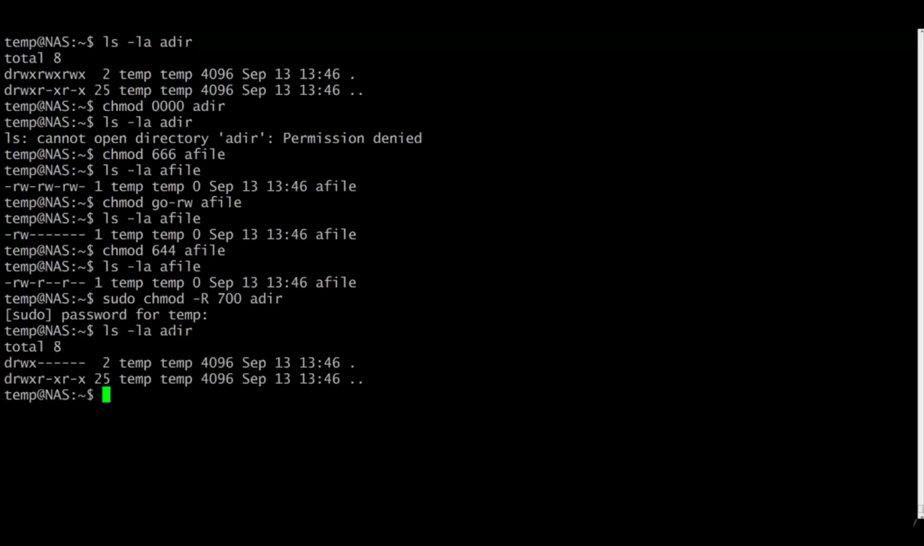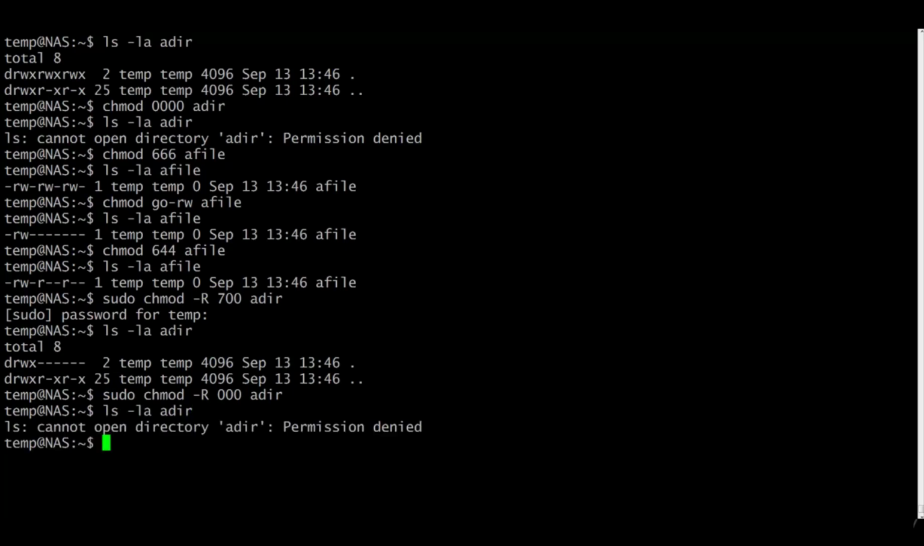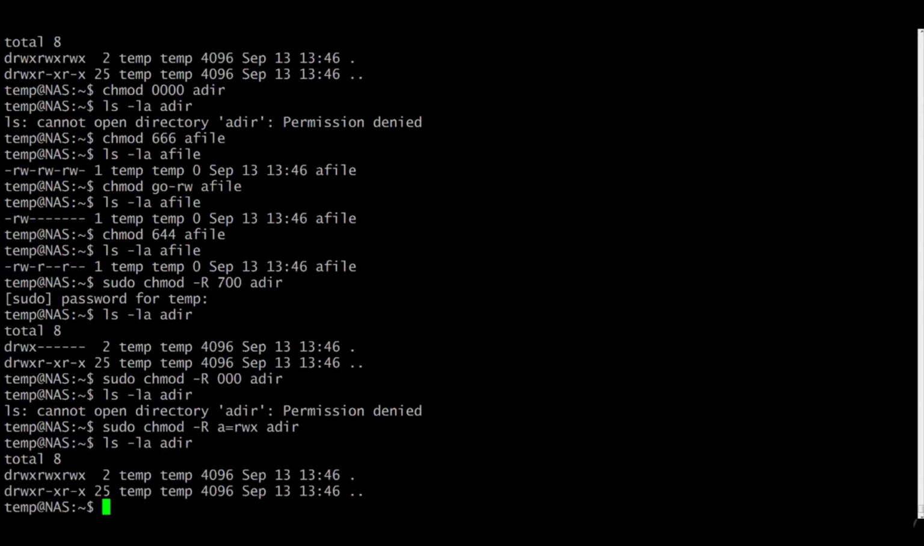directory. Sudo chmod -R 000 adir will close all permissions below the adir directory. And sudo chmod -R a+rwx adir will open all permissions below the adir directory. And the dash capital R option is inclusive. It means that this option will change the permissions for adir itself, not only for the files and directories